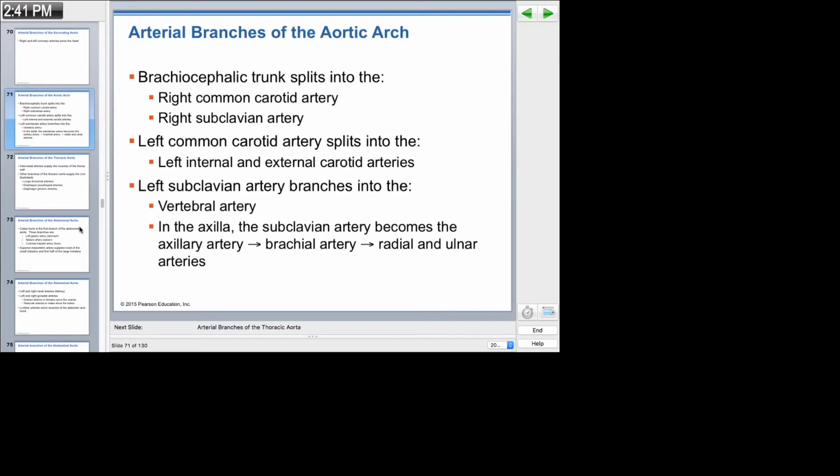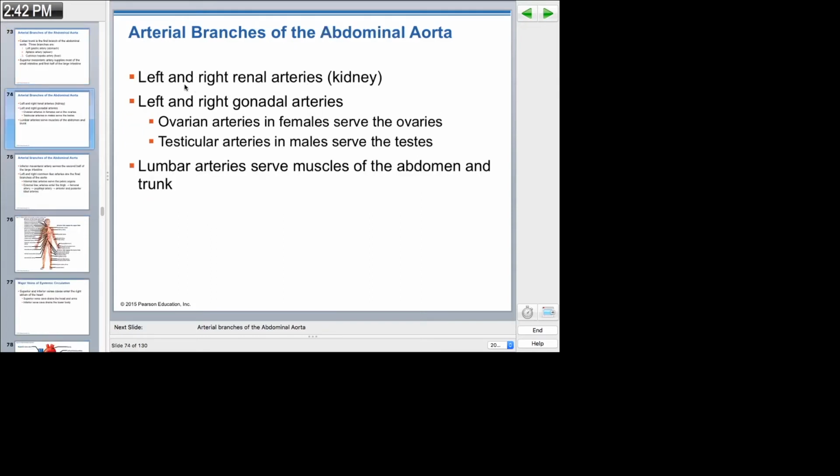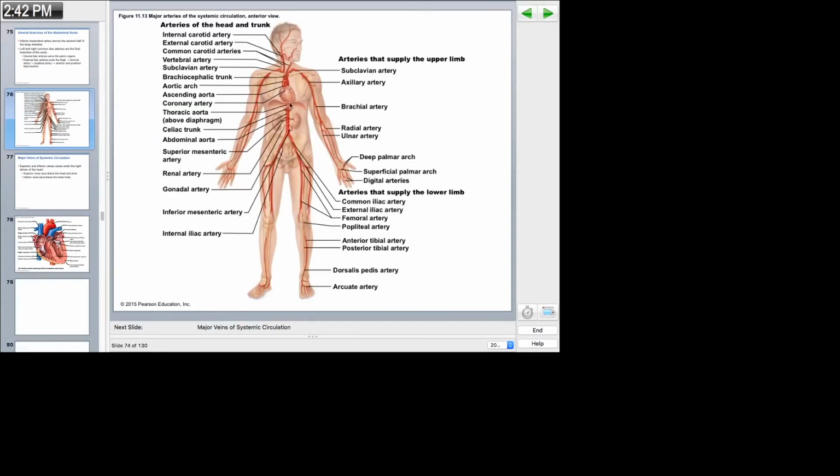Okay, we've covered subclavian arteries. Your intercostal arteries, not going to worry about them so much. Your aorta, as it passes through the thoracic area, supplies blood to the lungs, the esophagus, and the diaphragm. And then as it passes through the diaphragm, it becomes the abdominal aorta,